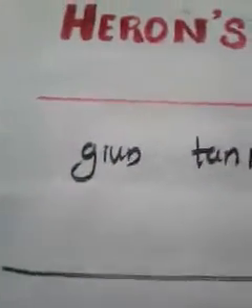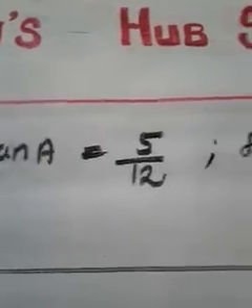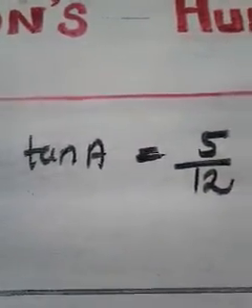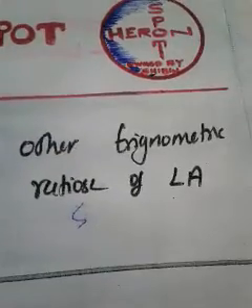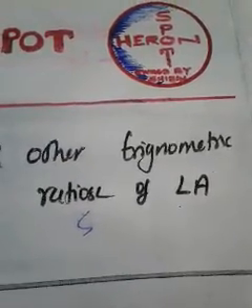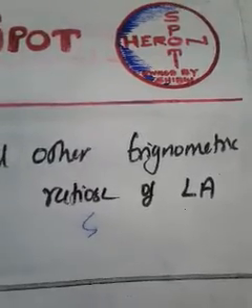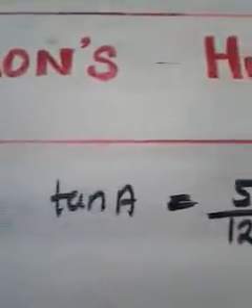Okay, now this is the next question. Which is the question? Can you read it? Given tan A is equal to 5 by 12, find other trigonometric ratios of angle A. That means tan A is given as 5 by 12. You have to find all other trigonometric ratios of angle A. So which other trigonometric ratios exist? Tan A is given. We have to calculate the value of sin A, cos A, then sec A, cosec A and cot A. That means out of 6 ratios, 1 ratio is given. We have to find out the remaining ratios.